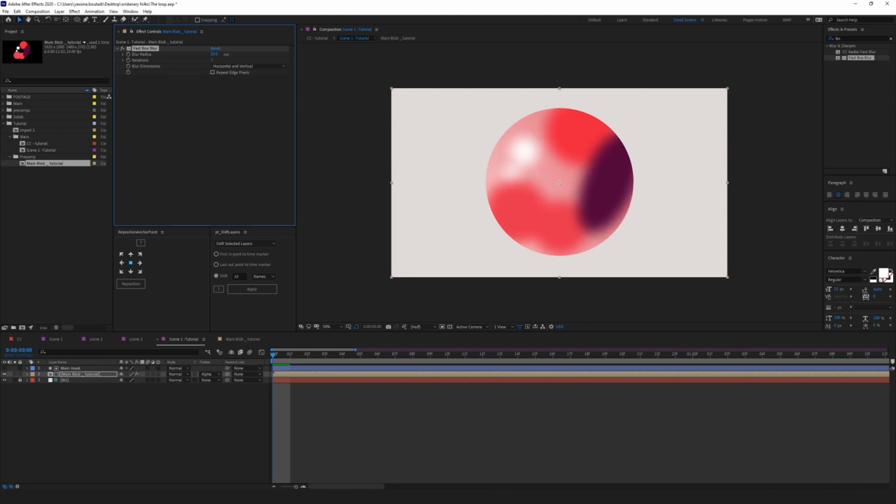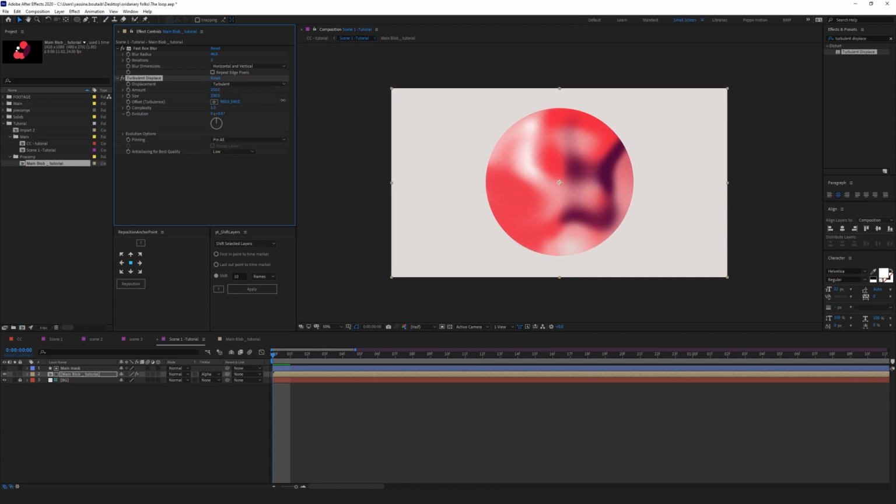I'm just gonna increase this just a bit. Let's just say it's around here. The next thing that I want to do is create a turbulent. This effect gives me like a liquid kind of feel, as you can see here. So if I play with this a little bit more, you can see that it kind of liquefies things together. So I'm just gonna go and play with this a bit.